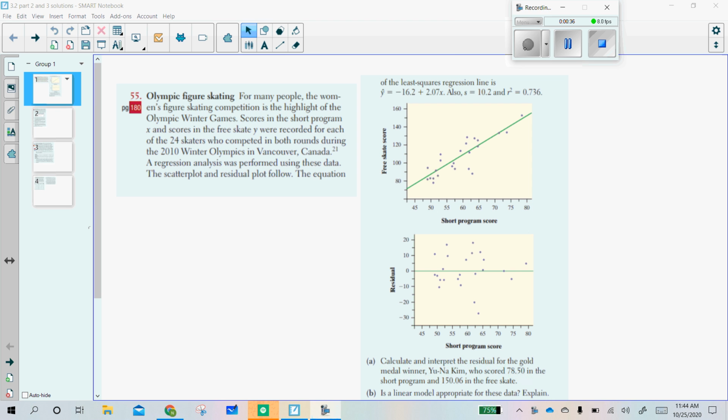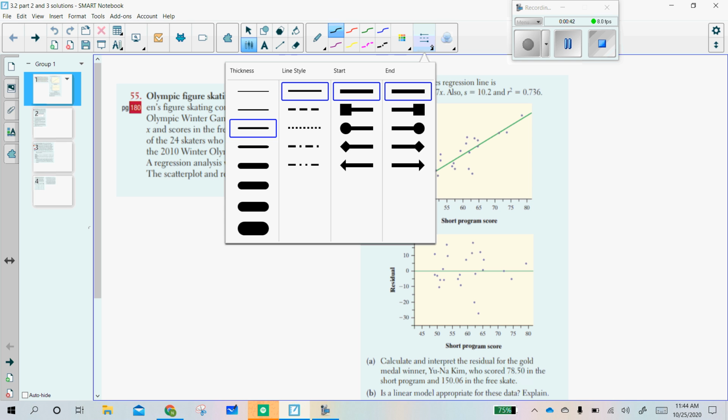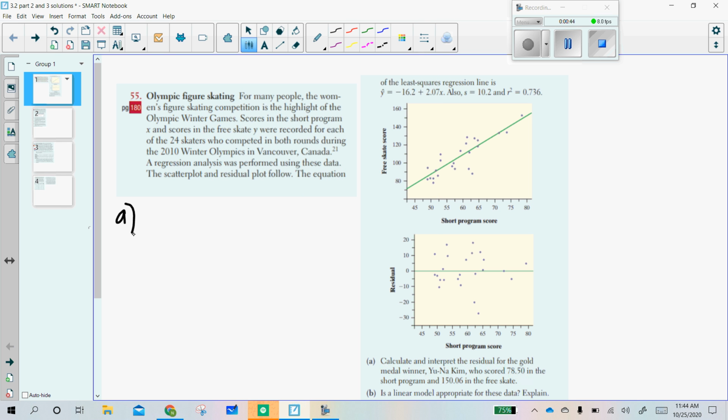So the first thing, question A, asks us to calculate and interpret a residual. Let's keep in mind what a residual is. It is the actual Y minus the predicted Y. So I need to find the predicted Y. I've had a few students ask me, how do I know the prediction? Prediction comes from the least squares regression line. So up here,